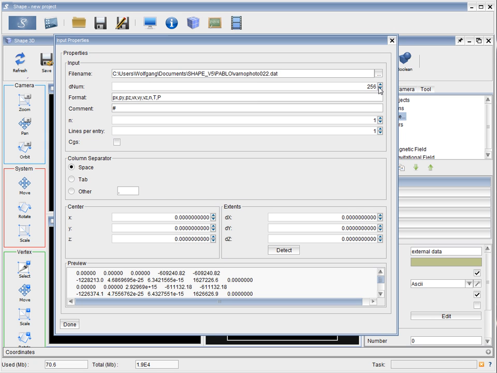If you have sparse or very small input data file, then set it to 1, but otherwise it's convenient and faster to set this to some reasonable number in the hundreds. And then